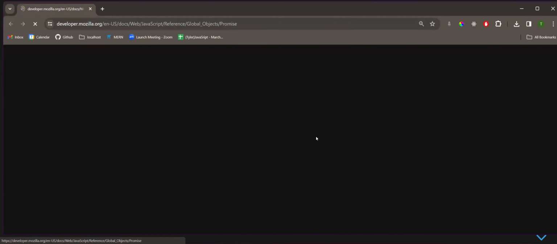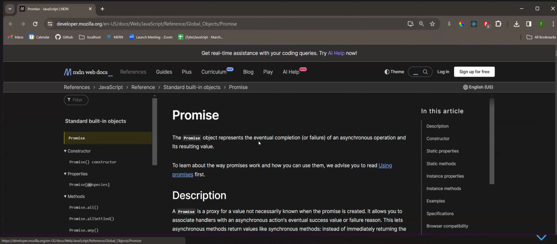Okay, so let's take a look at, and by the way, this is a link to the promises documentation. So a promise is an object, right? Just a plain old JavaScript object that basically represents something that's going to happen in the future, right?